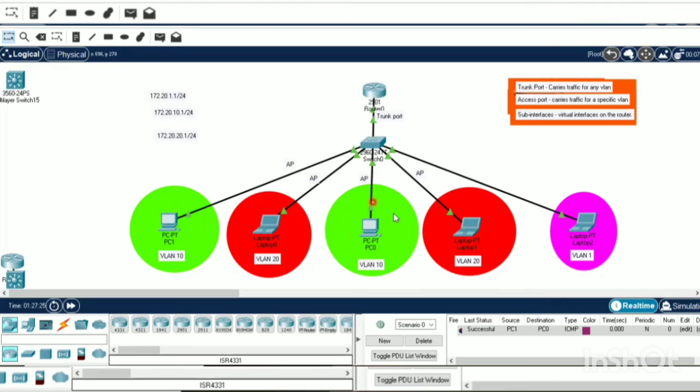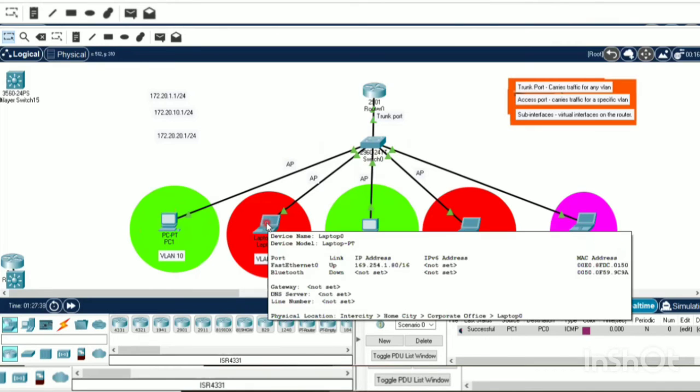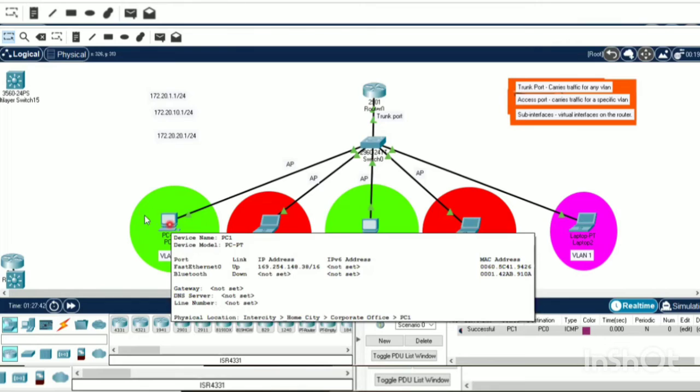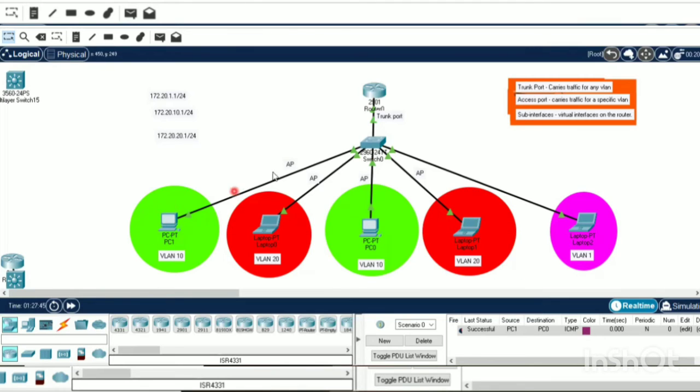broadcast domain. So what we have done here is we have separated a single local area network into 3 local area networks: VLAN 10, VLAN 20, and VLAN 1, which is the default VLAN. Before creating VLANs, the broadcast traffic from PC1 would be received by all the laptops and PCs in the network.